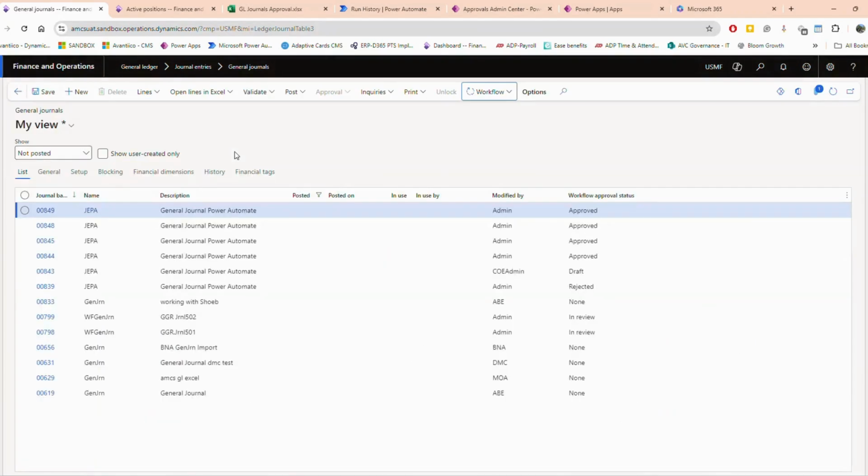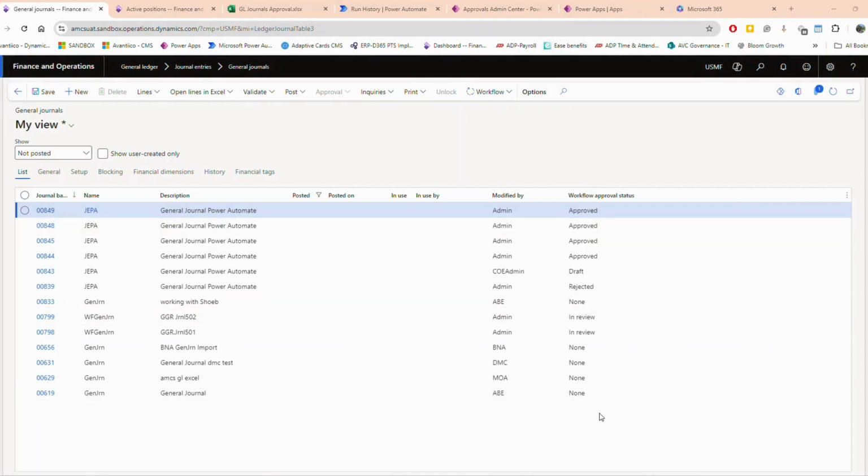Now let's talk about the flexibility in approval flows, which is where Power Automate really shines. The out-of-the-box approval workflows in D365 FNO can be difficult to maintain when there is even a moderate level of complexity. Any changes or customizations often require heavy configuration and can become a pain to manage. But with Power Automate, we can configure approval workflows with far greater ease and flexibility.